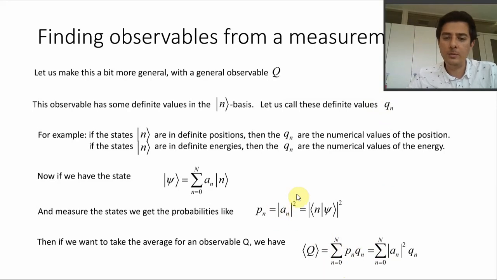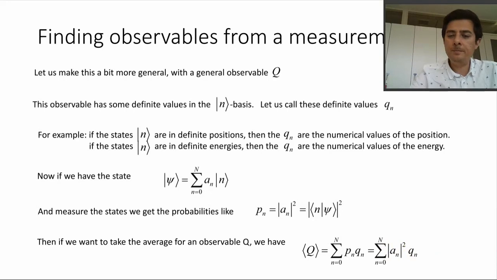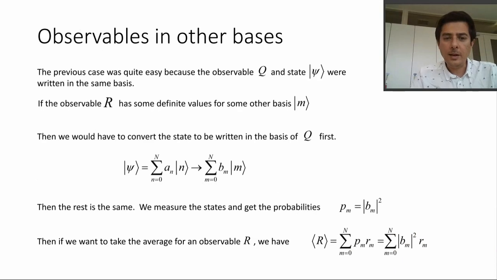This is the modulus squared of these coefficients, and so we got this sum with the an mod squared multiplied by the qn. Okay, so simple enough. That's basically a general formulation for how you do measurements. Okay, but